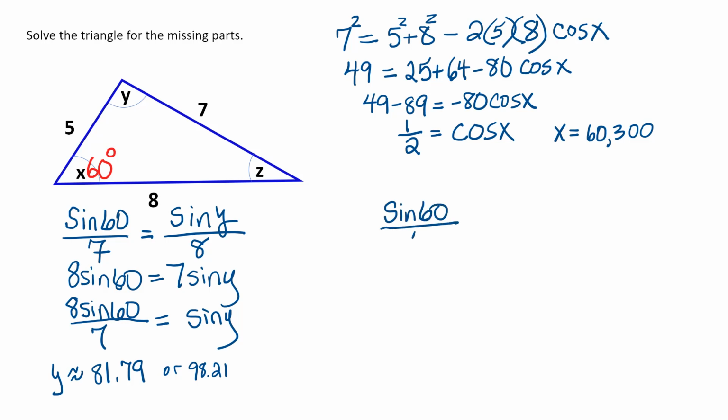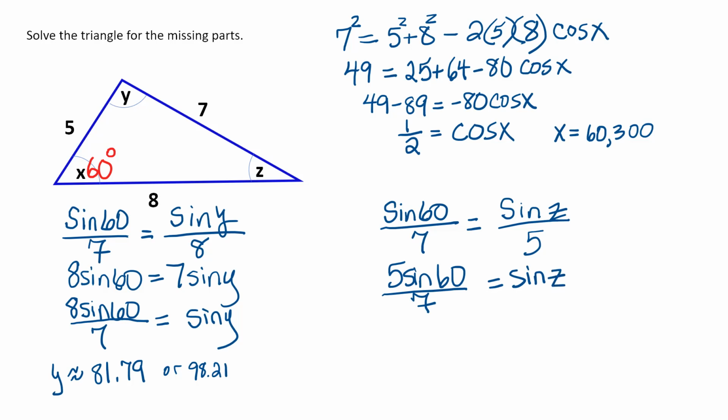So we can use the law of sines again. Sine 60 over 7 is sine z over 5. And if we cross multiply and divide, we get sine z is equal to that. If we punch it into the calculator and take inverse sine, we're going to get that z is about 38.21,